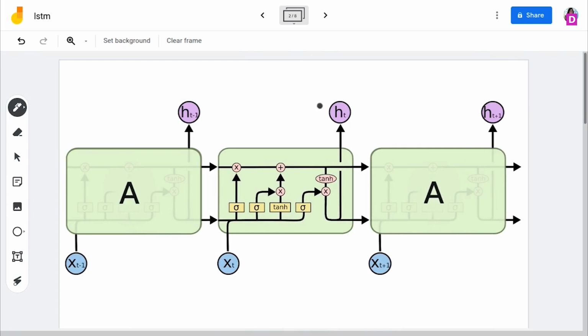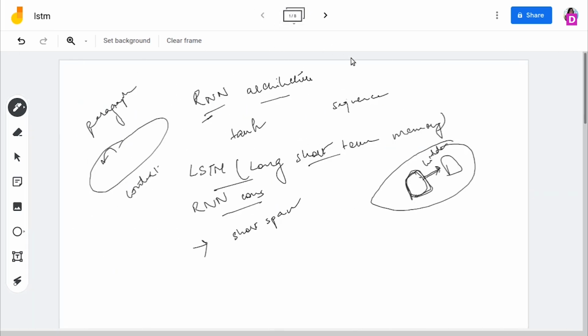This is a basic architecture of LSTM, okay? So there are a lot of things, don't worry, we will cover them one by one, so you will be able to understand slowly what is happening in LSTMs, okay? So this is the whole architecture. In LSTMs you have three gates. So there is an input gate, a forget gate, and an output gate. So the one thing that makes LSTMs better than RNN is basically it understands the entire